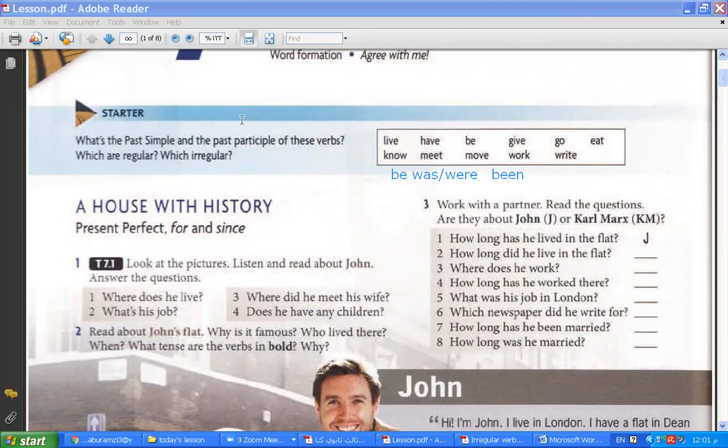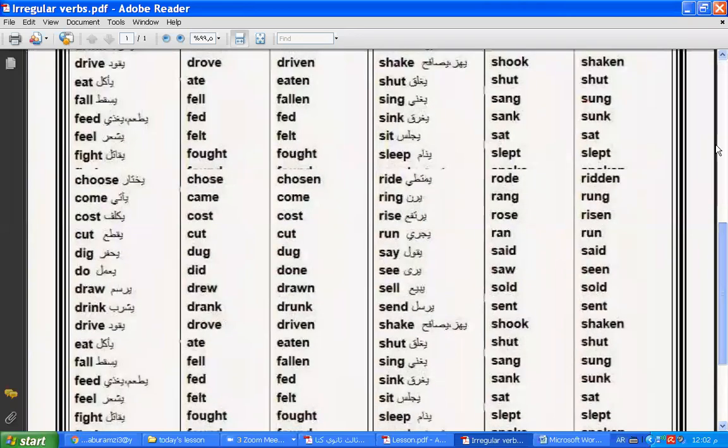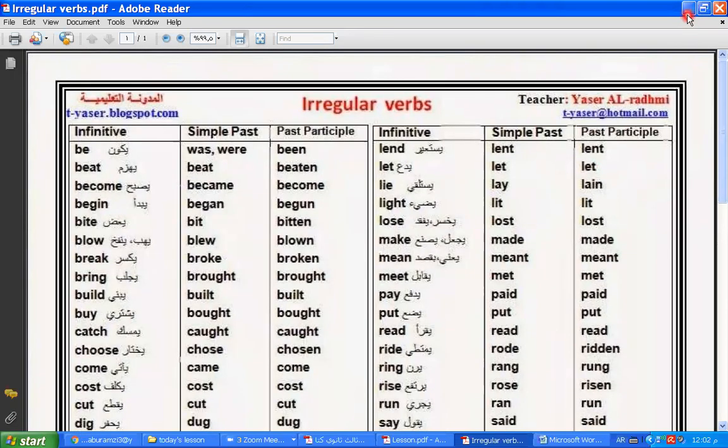Teacher, can I do the last one? Yes, Sarah, the last one, what is it? Write, wrote, written. Thanks. So inshallah, I send you the irregular verbs again. This is with Arabic translation. Verb 1, verb 2, verb 3. Yeah, I will send it after the class, inshallah, in the WhatsApp group. Because now I can't send it into the chat box because it's a PDF file. Okay, thanks for this.